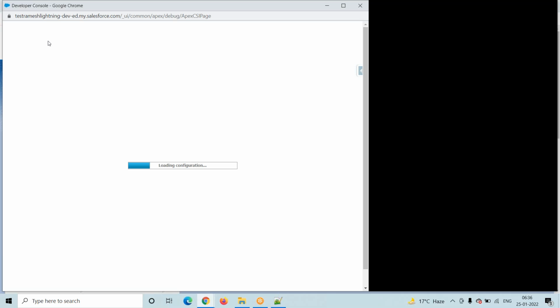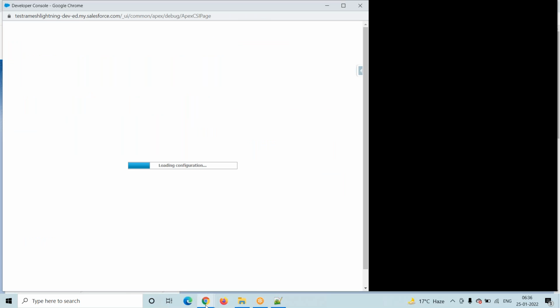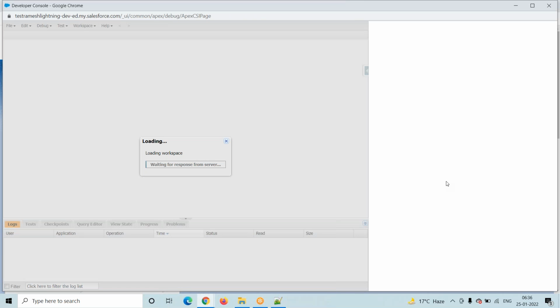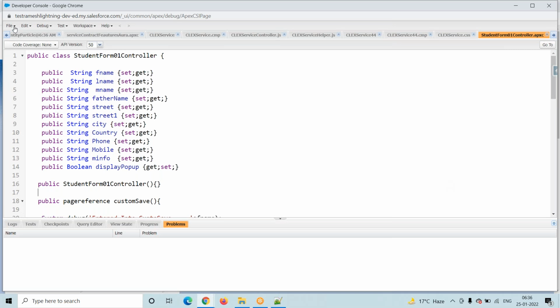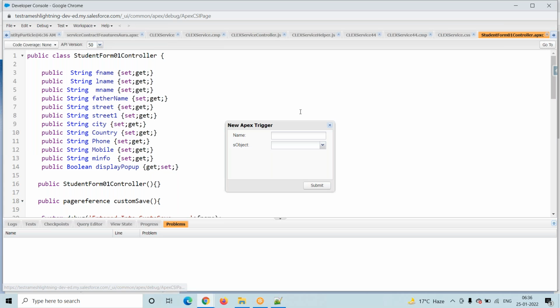Still it is loading. Go to File, New, Apex Trigger.